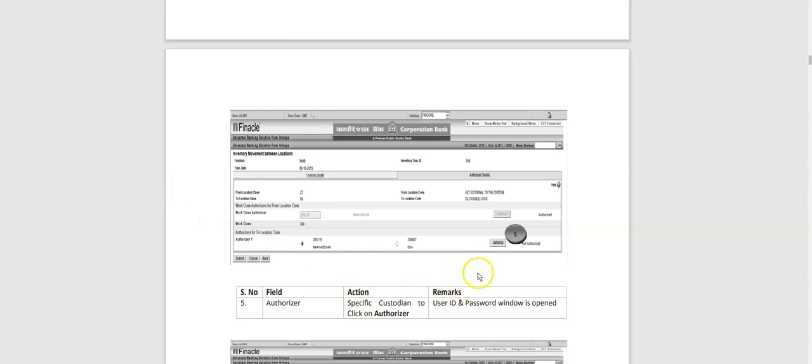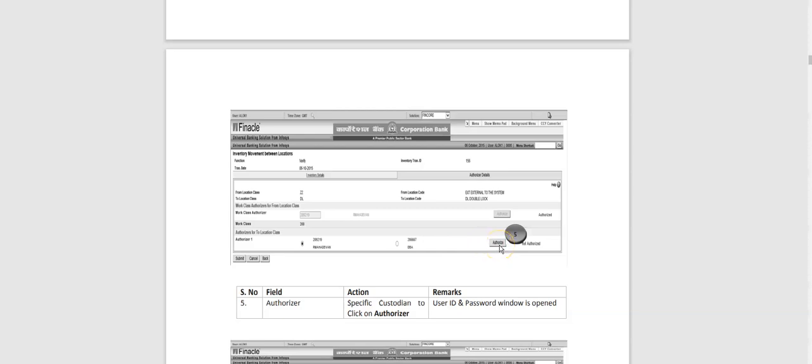So if you can share the screen with your co-officer also, then it can be done in the same system also. Otherwise, both of them can use two different systems for entering their own password just to keep the secrecy. So here you can see there's authorizer. As soon as you click on this, the first officer has already entered his password. The second officer either can click here or he can log in with the transaction ID in his own system and then he can enter his own password here.